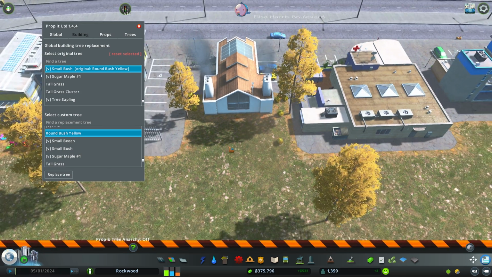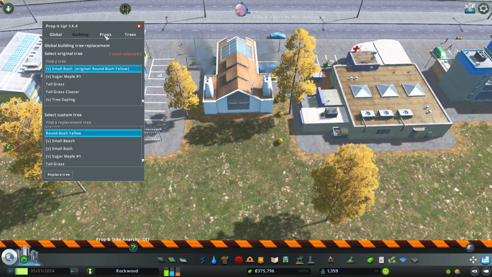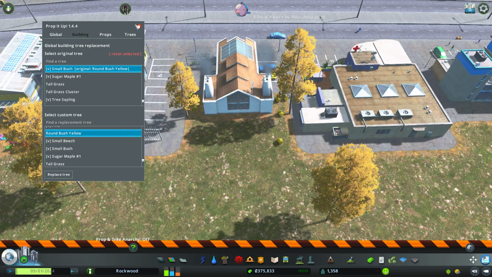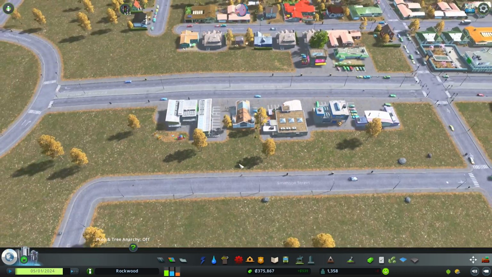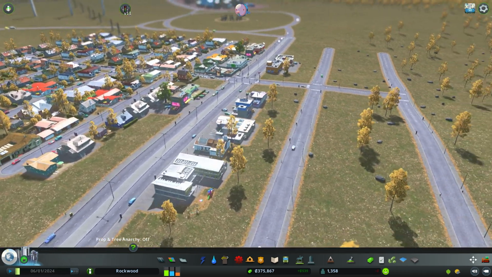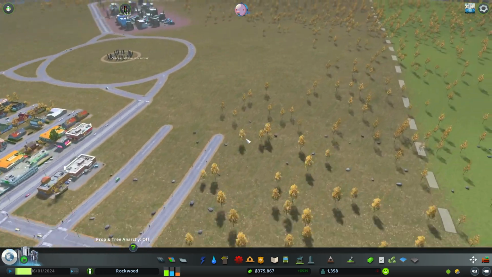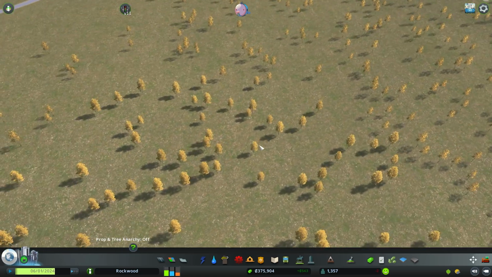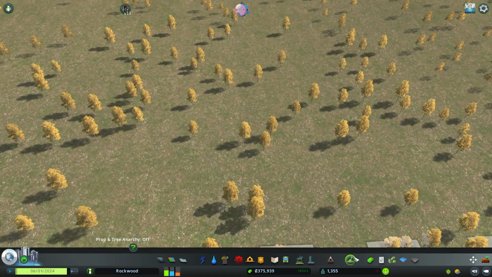Easy as that. I only wish there was a global reset button, so everything in the list would just be reset and put back to normal. Because I had to mess around a couple of times with the overall bushes. I wanted to add in more different types, but I couldn't